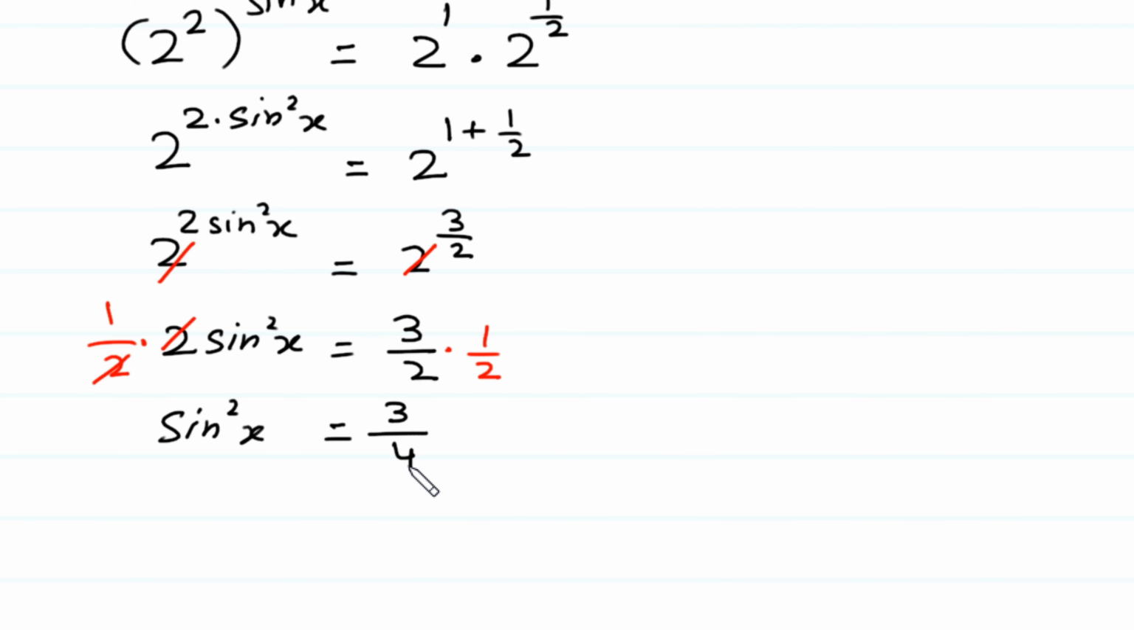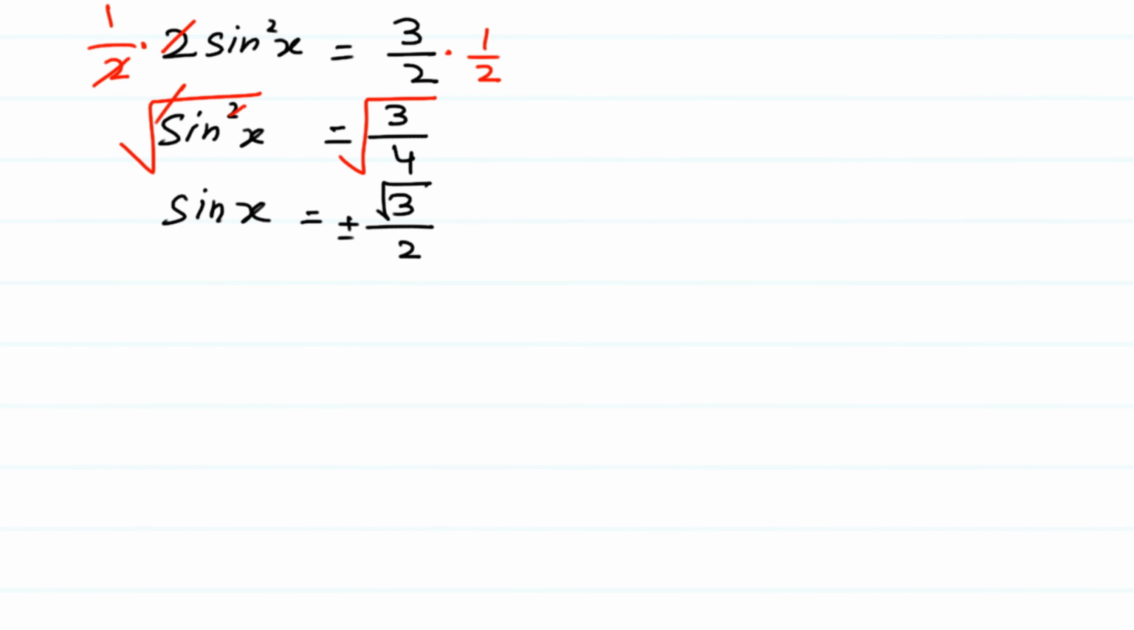Next we take a square root of both sides. At left side square root, and at right side square root. This square will be cancelled with the square root, and here left sine x is equal to square root of 3 over 4, and square root of 4 is plus minus 2. Sine x is equal to plus minus square root of 3 divided by 2, which is